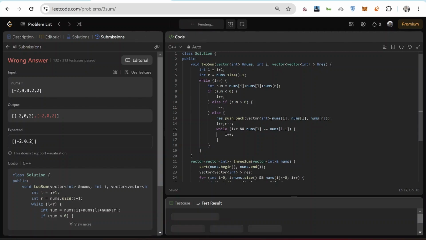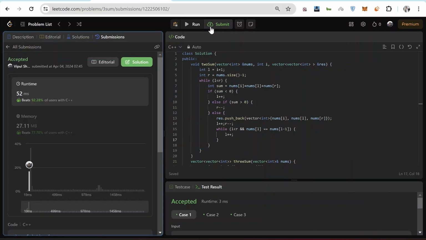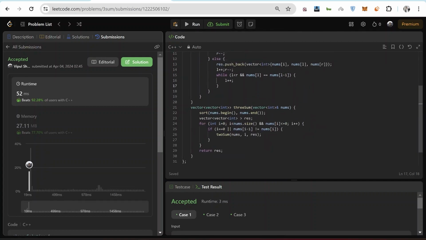Okay, let's try this once more. Okay, all input test cases worked. Now let's try submitting it. See, our O(n squared) 2-pointer solution worked now, and you can also see how I improved on my solution looking at the test cases and hand simulating that. I hope that was helpful.